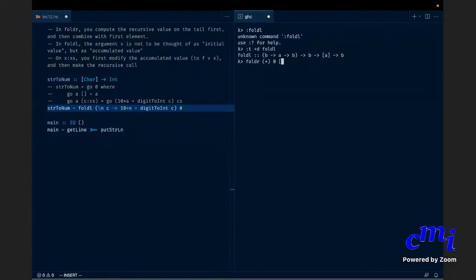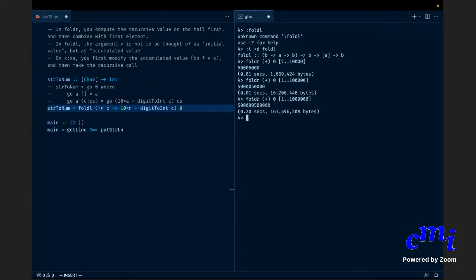Fold R plus 0, nothing more, of 1 to 10,000, let us say. Oh, that was quick. 100,000. You can see it slightly slowing down. It is slowing down, but also you see that the space required keeps going up.